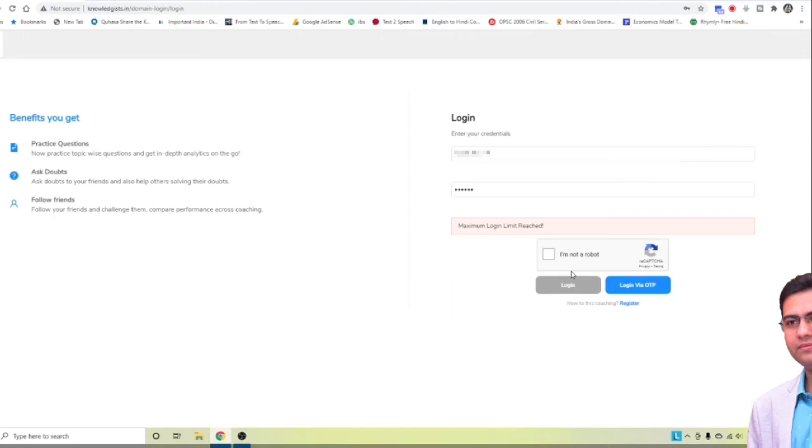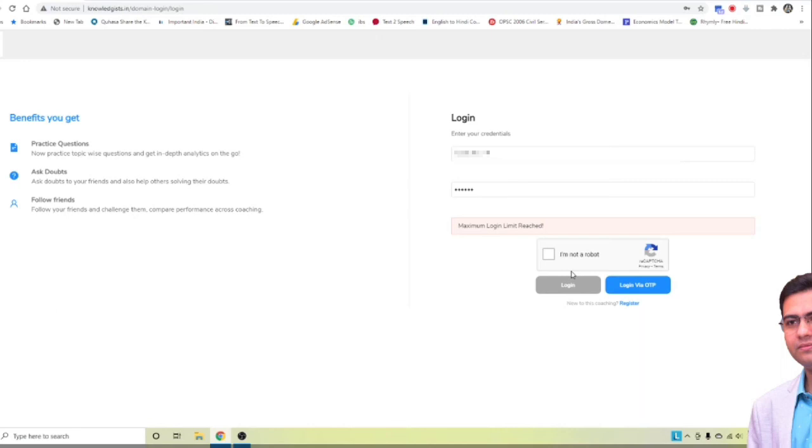What I can do for you is reset the limit, because one account can be used on only one device. So you have to decide where you want to use our application. If you are free to use it in your mobile browser, use it there, or if you want to use it in your Android application, use that.